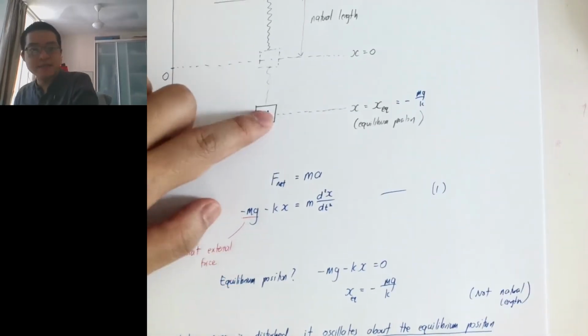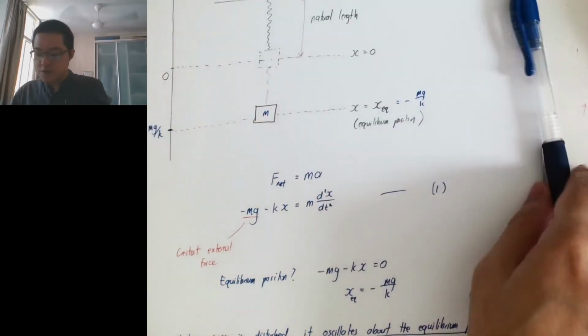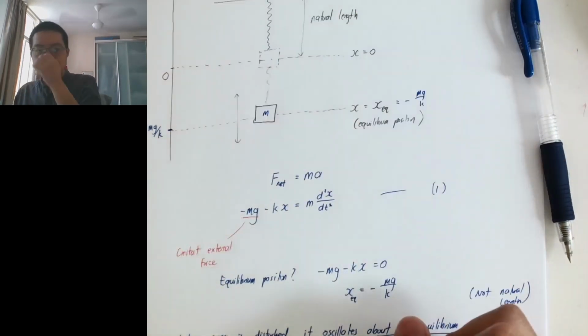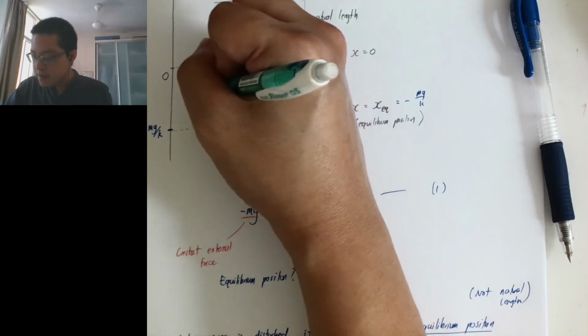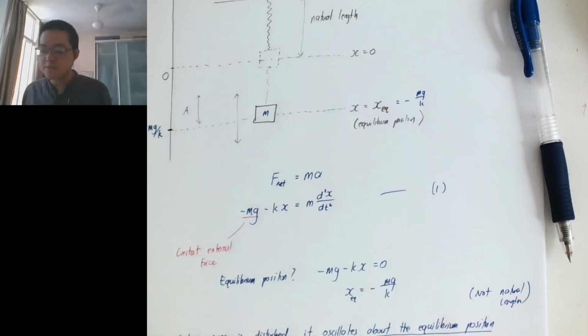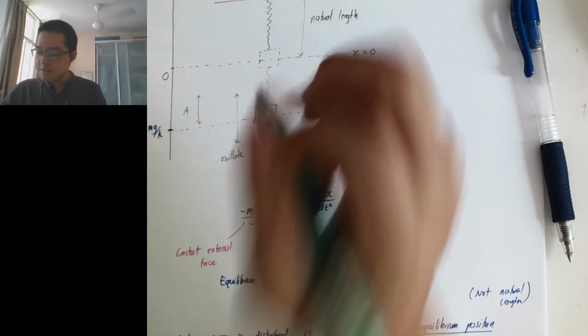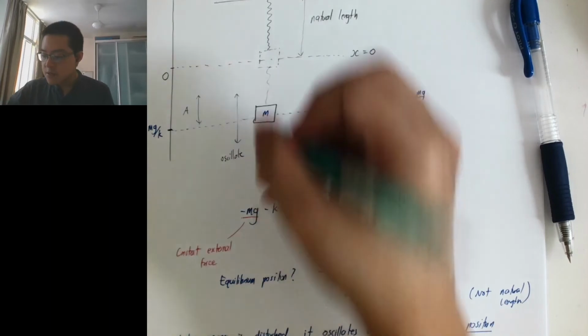Because my spring is here, if I disturb the spring a bit, it will start to oscillate up and down, and there will be an amplitude of oscillation. So how do I solve this motion? Okay, so let me say,